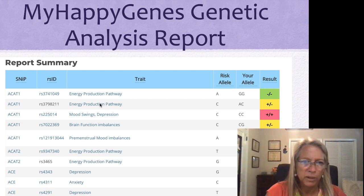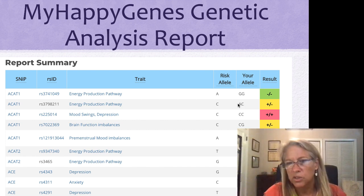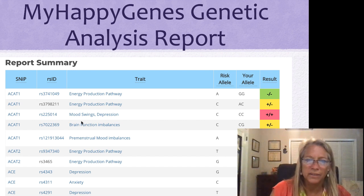Some of them are in the energy production pathways. Others can cause mood swings or depression, brain function imbalances, premenstrual mood imbalances as well. And over here, the risk allele, the wrong code for that particular gene, is A, and this person inherited a GG, which means it comes out green. You got the right results. Green is good. If the risk allele is C, and you've got one gene from mom or dad, we don't know which one is which, and that's what we call a heterozygous variant. It'll come up yellow. But if both genes are the wrong code, like this one, it'll come up red. And again, that one's reduced by about 70%,